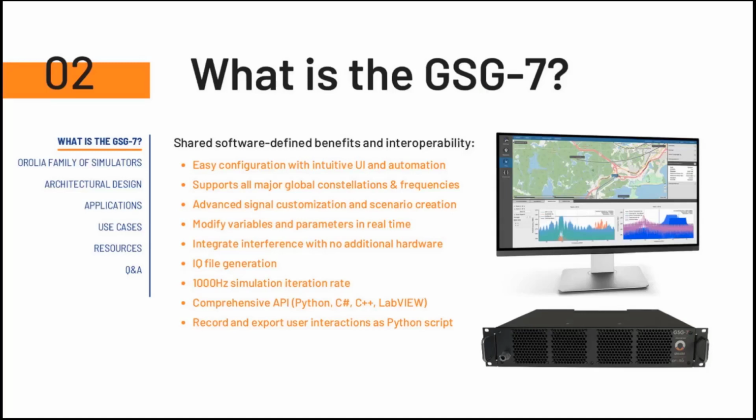Instead of simulating RF signal, it's also possible to generate an IQ file directly on the hard drive of the system, and then you can process this IQ file with different software to analyze the data directly in the numeric signal. One very nice feature we have in Skydel is that we support the 1000 Hz acceleration rate. So with this high rate, you can simulate any kind of trajectories, from a vehicle trajectory to aerospace trajectory or missile trajectories. And finally, as you know, Skydel is really well known for the very intuitive API,